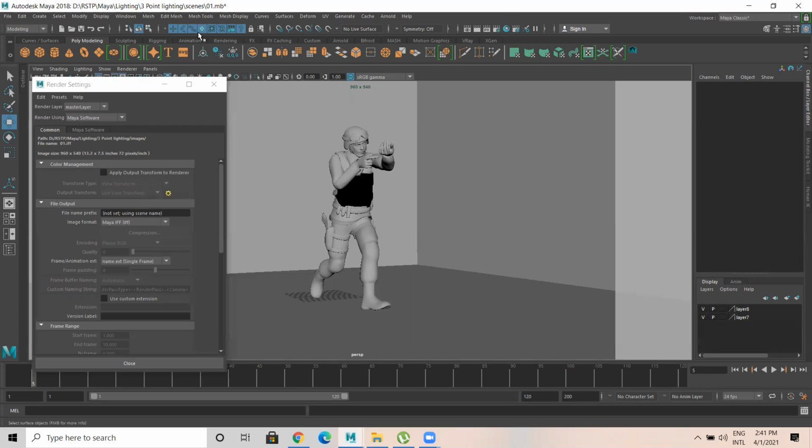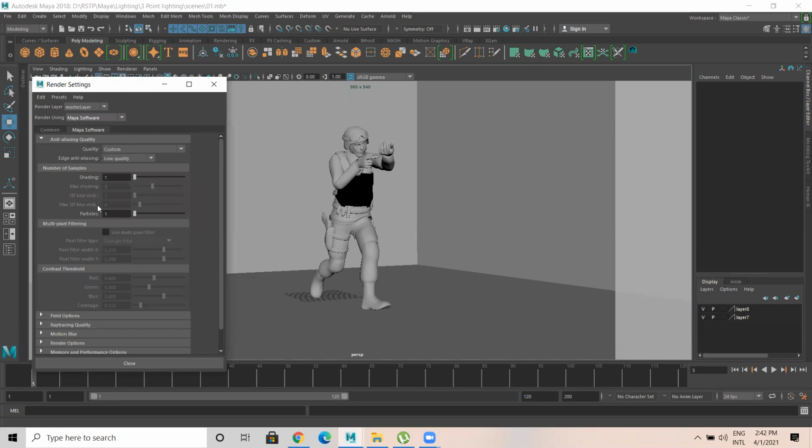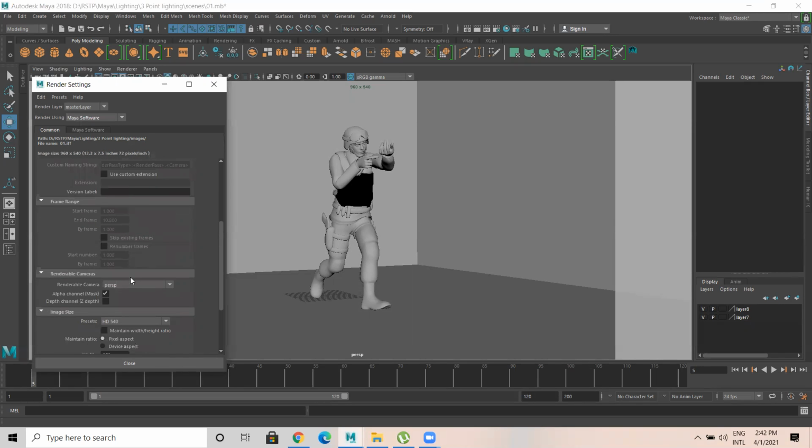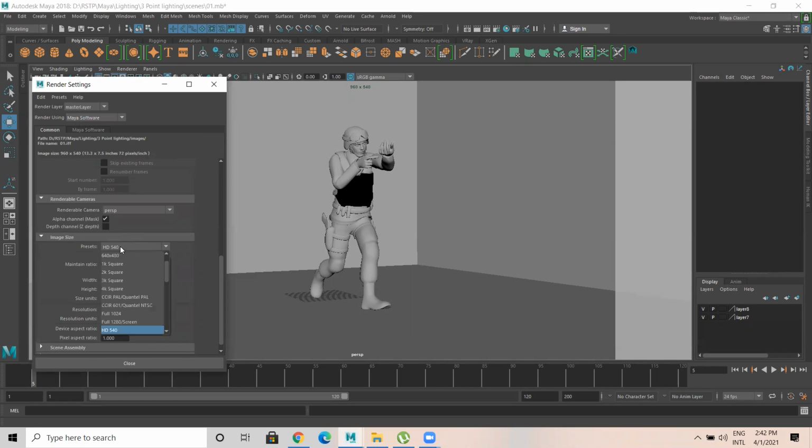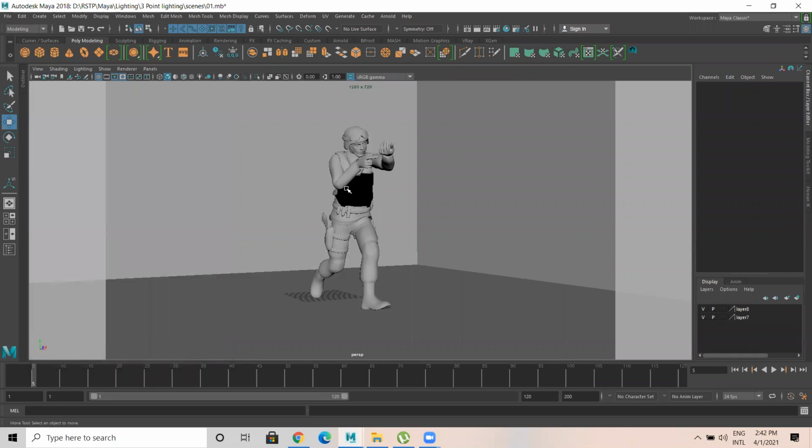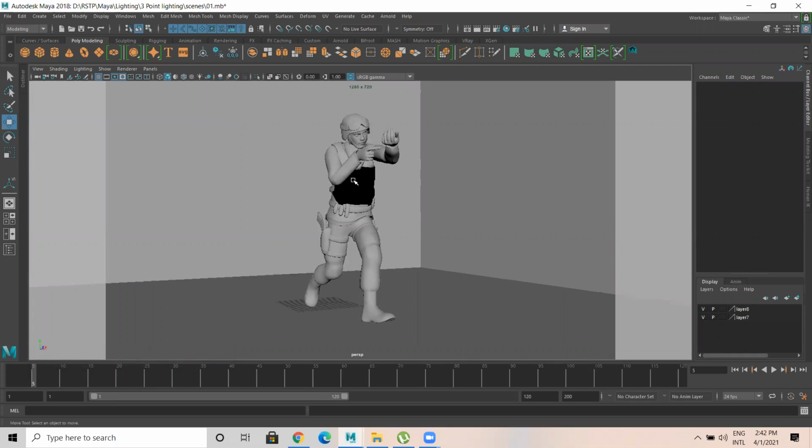In common, for the size, preferably you choose HD. Half HD, I'll take HD 720. Now let me zoom into this a bit.